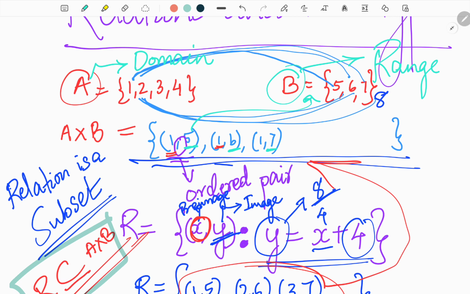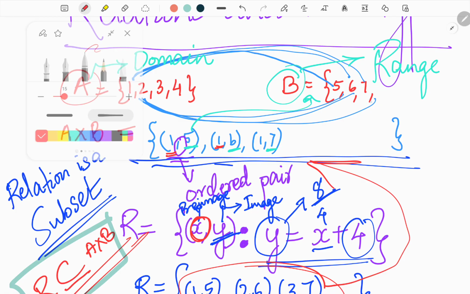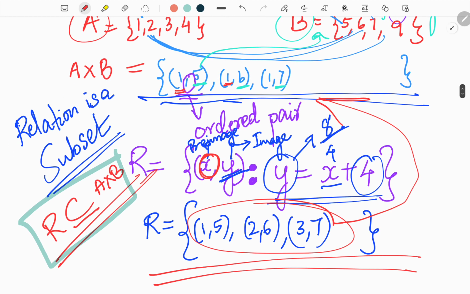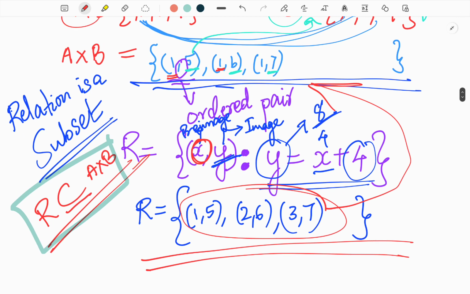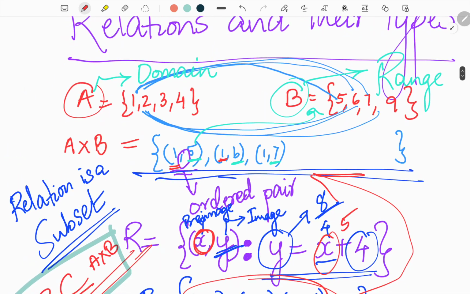Now let's say in this set, instead of having only 5, 6 and 7, I am going to add another element, that is 9. Now you know, if 9 should be included in the relation, then the x value must be 5, because 5 plus 4 is 9. So now there is no element called 5 in the domain. The domain is 1, 2, 3, 4. So unless there is a number 5 in the domain, you cannot create any ordered pair satisfying the relation